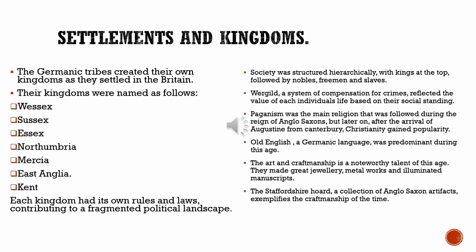Now the next we have is Essex. Essex is in the southeast. It was an early Anglo-Saxon kingdom. Now it is not so dominant as we hear about Northumbria or Wessex. It played a role in the spread of Christianity with the conversion of its king and contributed to the broader cultural development of the region. So Essex is in the southeast part of England, and it is an old Anglo-Saxon kingdom.